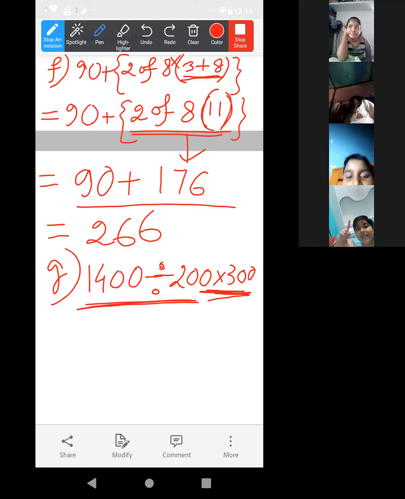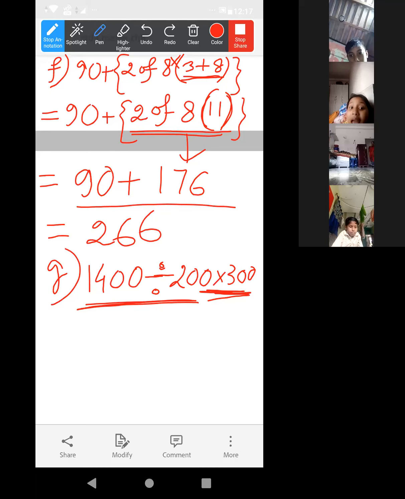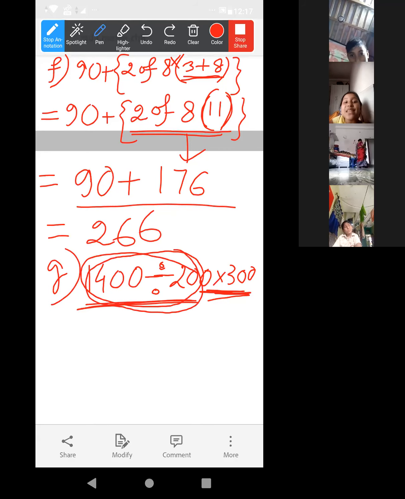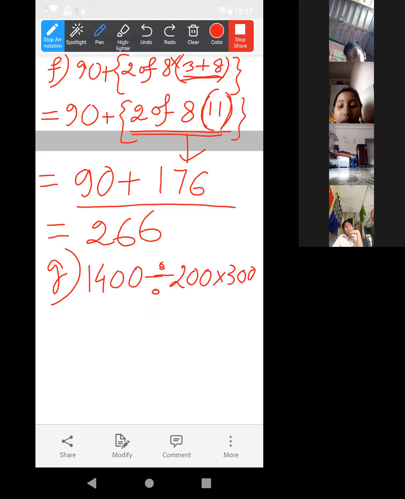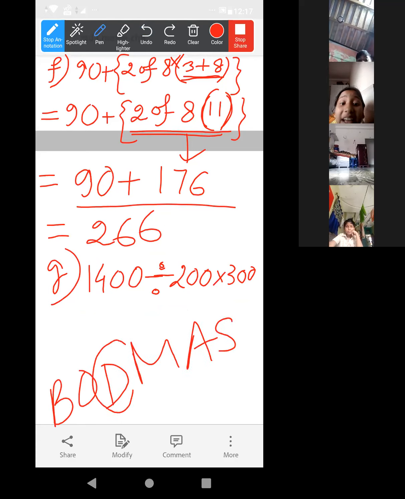Shubhangi, beta, first division or multiplication? Shirin, I know you can answer. No, you are not going to say. Farzana, yes, Farzana. Which one? This one? Just shake your head, yes or no? No, Farzana. I explained now. Always first division, because in this BODMAS rule, look, D is coming first. Division, yes. Then multiplication. So just divide it, it will be 7.